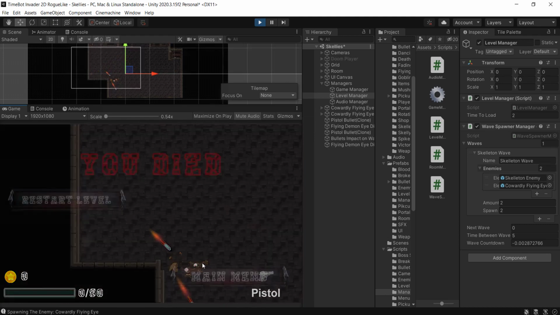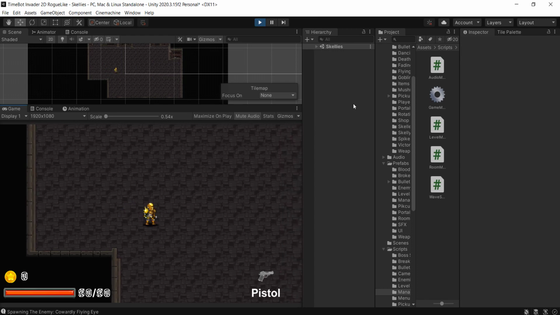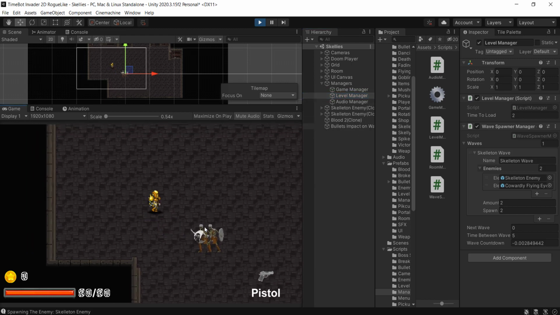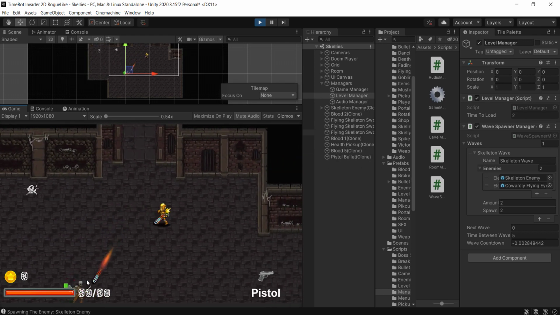So once we do kill them, let's try to kill them. Okay, that was embarrassing. Let's restart the level. So we made enemies so good that we cannot kill them. Okay, so let me try. Let me get to a certain distance so he can no longer...